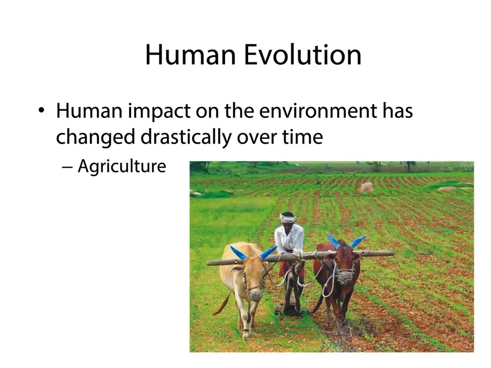So eventually, we evolved and we started to focus on agriculture more than hunting and gathering. Now, what I want you to realize is that it's not like we flipped a switch, okay, where we said, okay, everybody stop hunting and gathering, and now we need to go to agriculture. It depended on where the civilizations were and if they wanted to switch to agriculture and what they were exposed to and all sorts of other stuff.